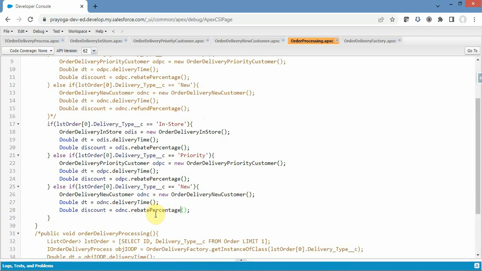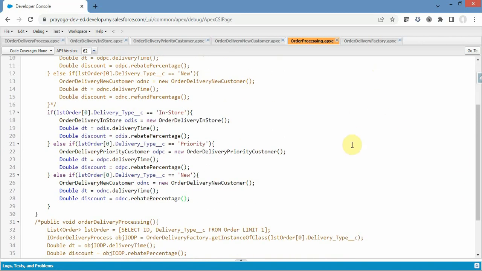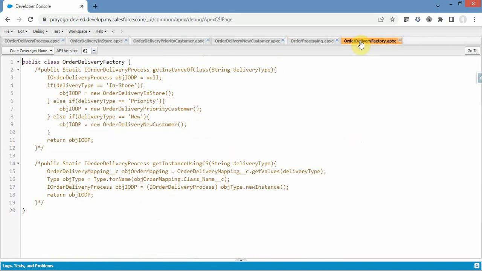So we solve one problem. Now the another problem is redundant code. Redundant code, how to manage this one and how to get rid of this if else if condition. There comes factory pattern. To follow the factory pattern, we need to create a class that is nothing but a